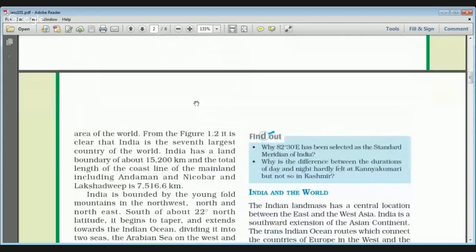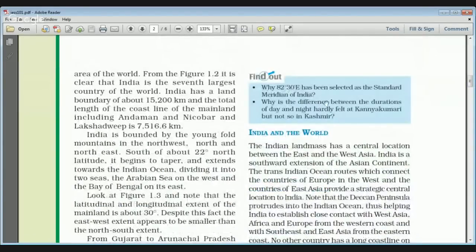and that is why 82 degrees 30 minutes has been selected as the standard meridian of India, because we have a longitudinal extent of 30 degrees, and 82 degrees 30 minutes means the midpoint of India's extent. If you divide the easternmost and the westernmost position of India by two, then you will get 82 degrees 30 minutes. Because it is the midpoint of India, this point has been selected as the standard meridian